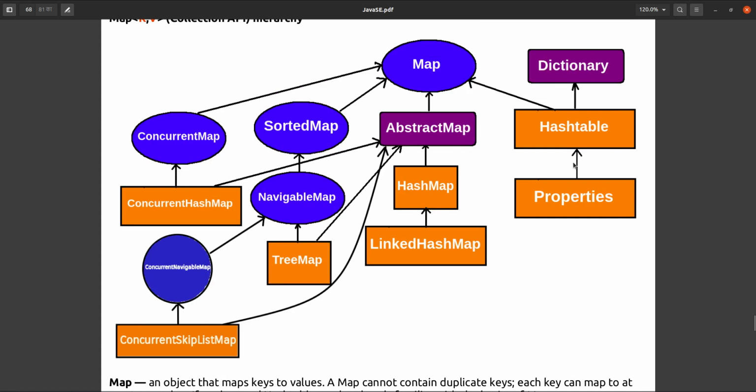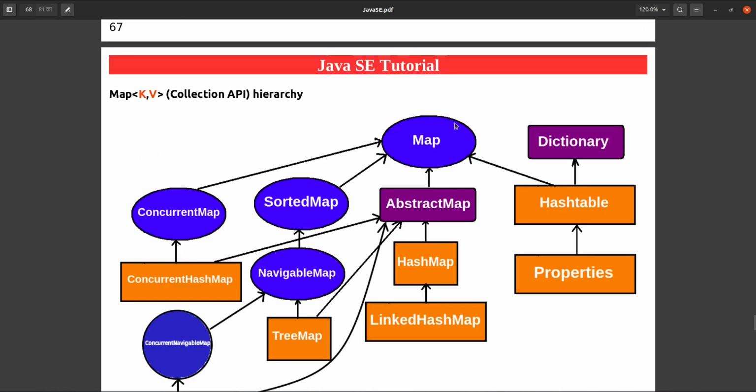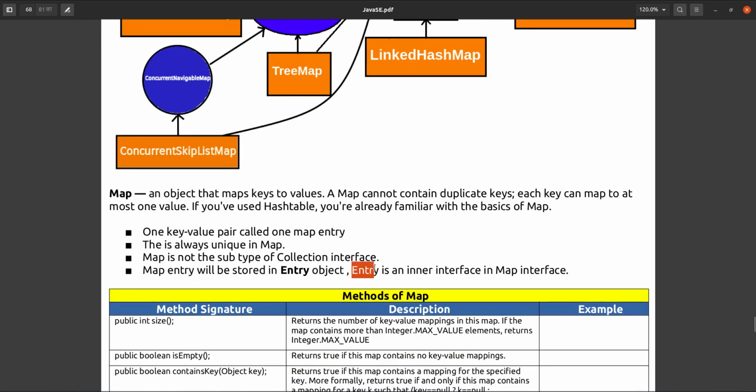Internally, Hashtable uses some different techniques, but how exactly does HashMap store the values? It uses an Entry object. The Entry object is available under this Map interface. Entry is an inner interface in the Map interface.